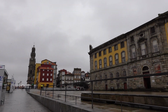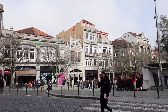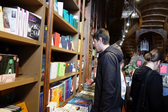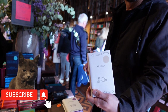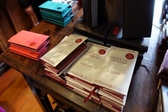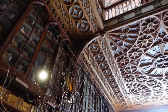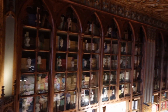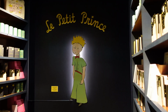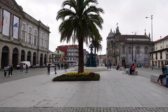The next day, our visit destination was a bookstore, one of the oldest bookstores in Portugal and frequently rated among the top bookstores in the world. It's most famous for its iconic central wooden staircase with its elegant curves and large stained glass windows. The bookstore is also said to have inspired the creation of Hogwarts in the Harry Potter series, attracting travelers from all over the world. Then we left to explore the city,